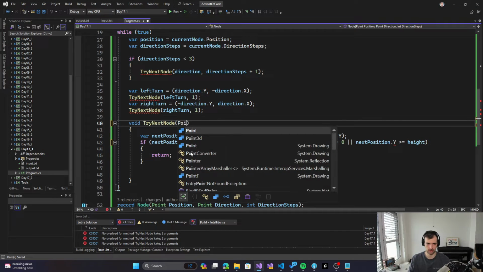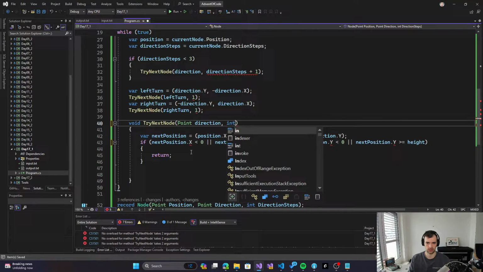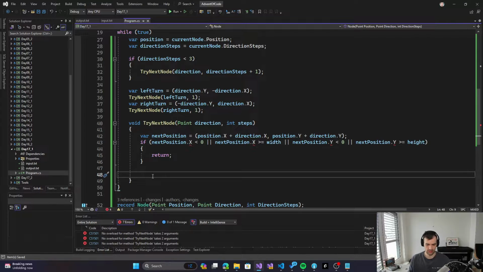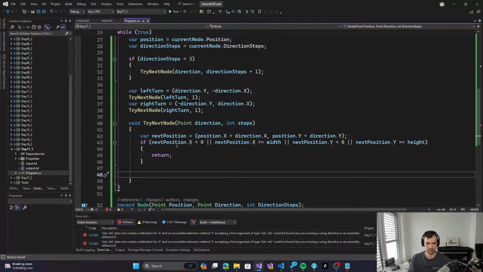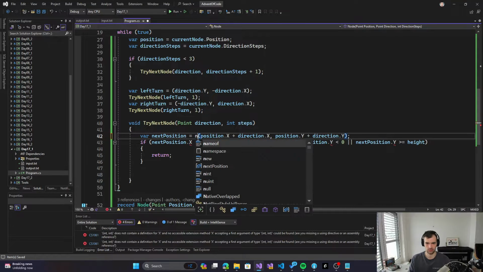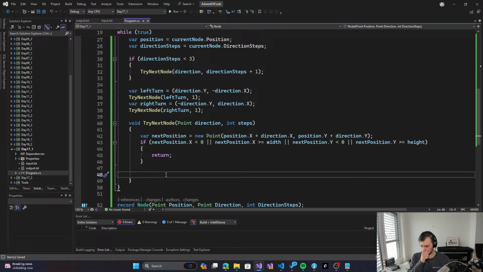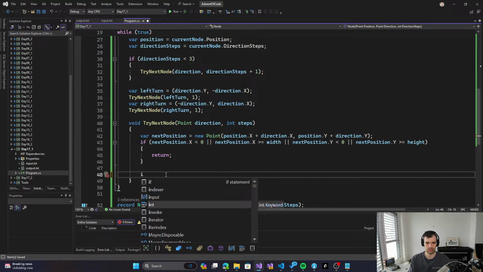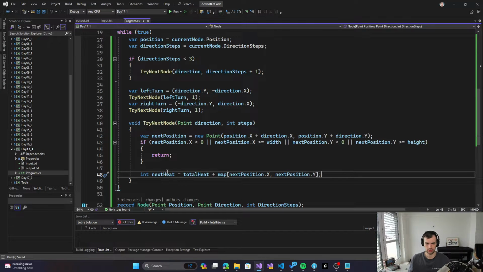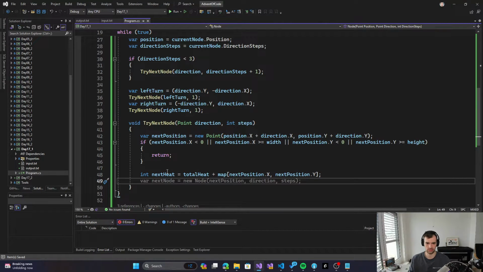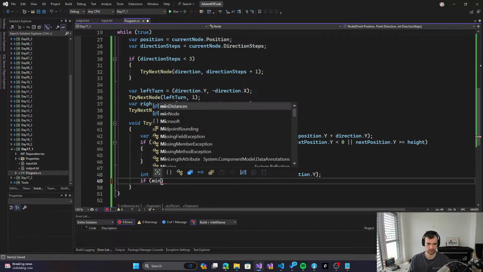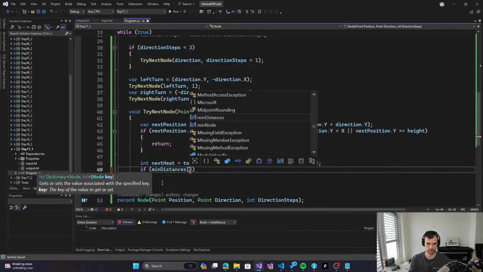So point direction in steps. And now if the direction is valid, then we check if we can improve the total, so the next total. So if min is